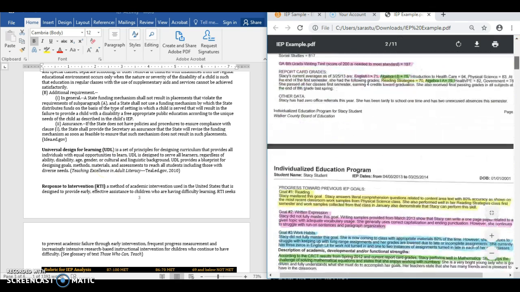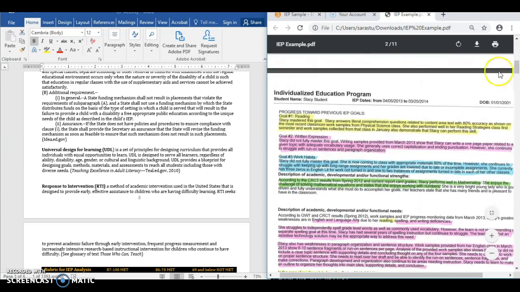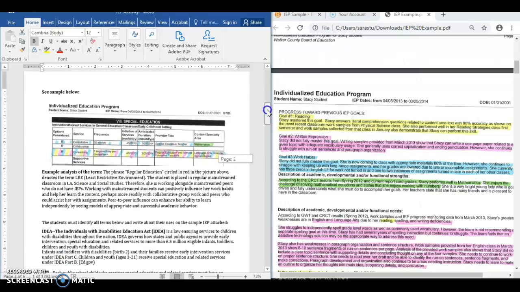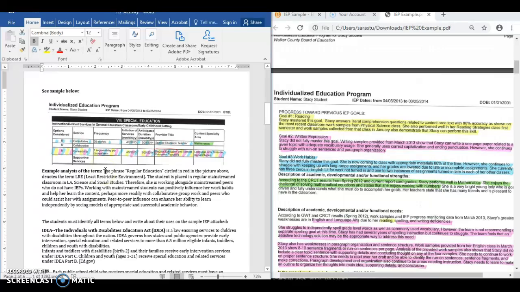So just a simple example, one was already provided to you, right here. An example of the term regular education relates to least restrictive environment, because when you're in a least restrictive environment, you are a student in the regular education curriculum. So this area right here on the IEP relates to least restrictive environment. Okay, and the sentences here elaborate on how they're related.